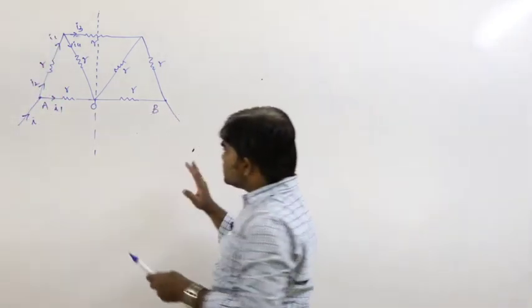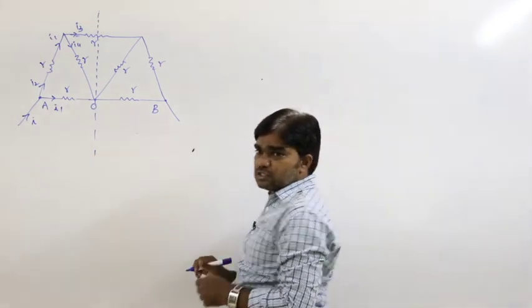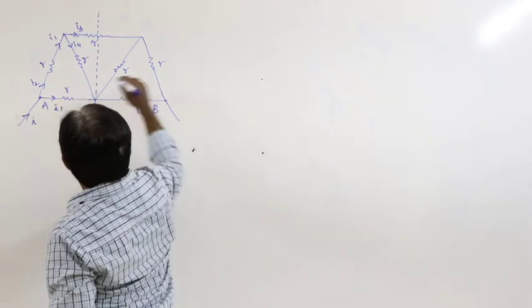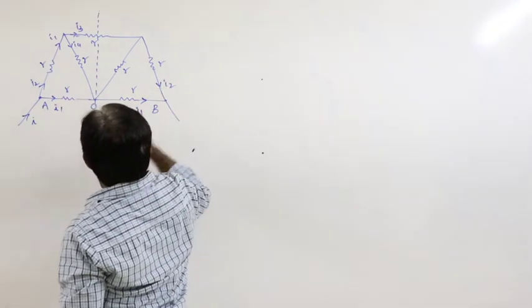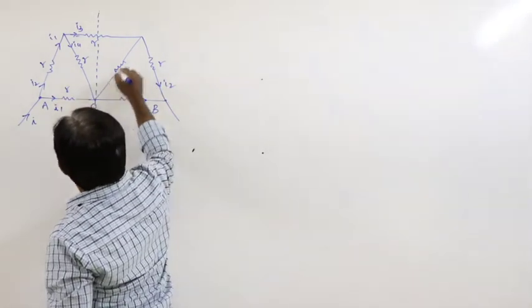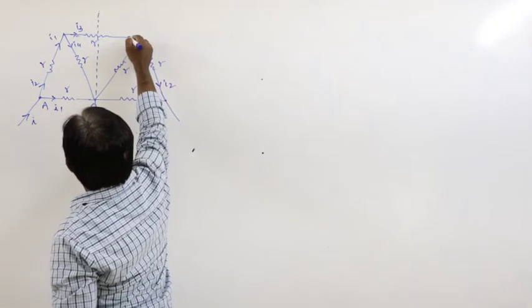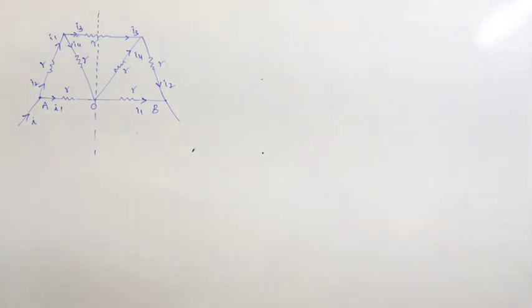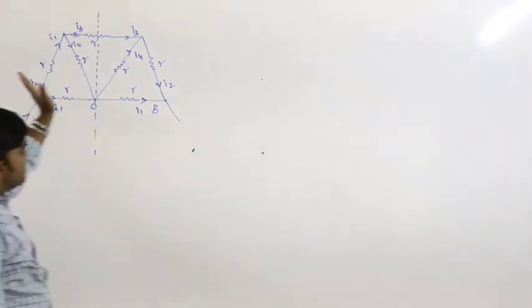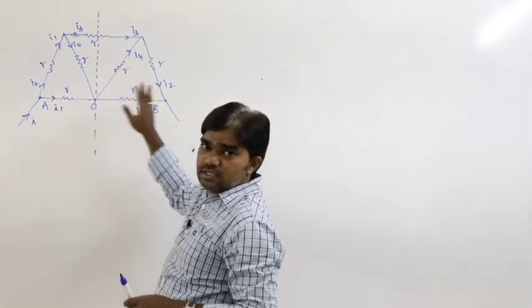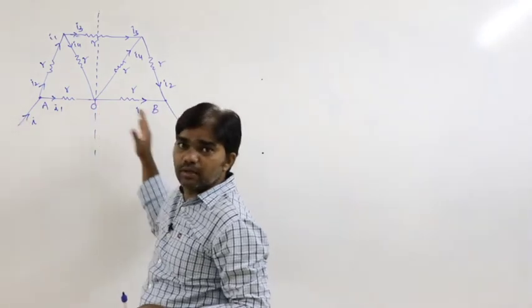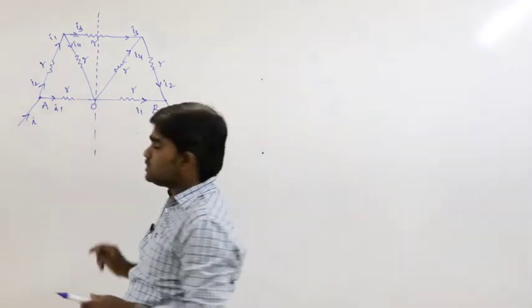If we observe from this side, same amount of currents must be passed. So this is I1 and here also it is I1. It is I2, it is also I2. And it is I4, same amount of current. I3, it is also I3. Whatever are the currents in the left side, same amount of currents must exist in the right side also.